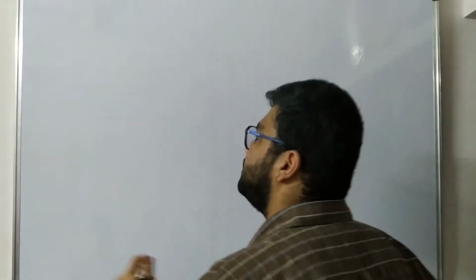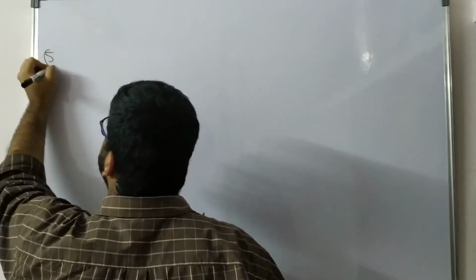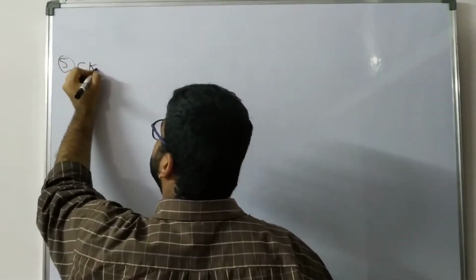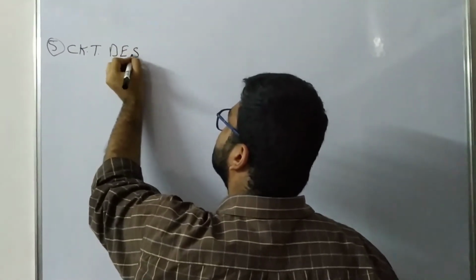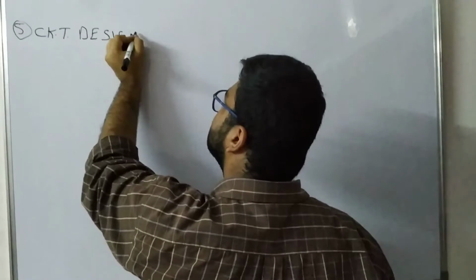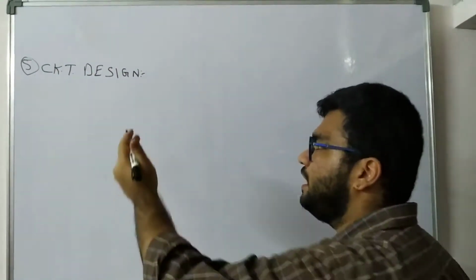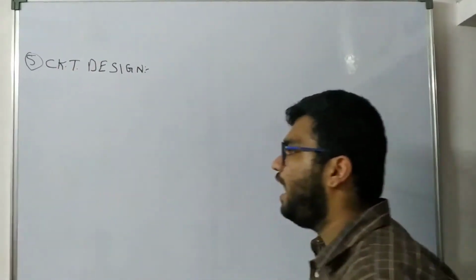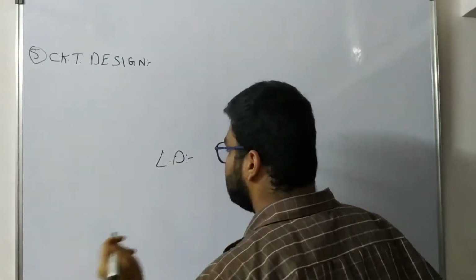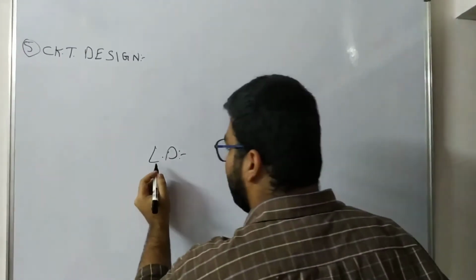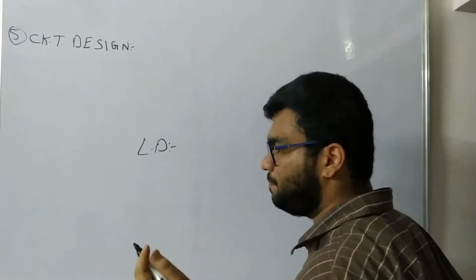We have earlier seen what are the first four steps in the manufacturing of a chip, that is VLSI design. Now we will go into the other four steps. The fifth step is circuit design. What is this circuit design? As in the earlier step, that is logic design, the output is just telling what logic the chip should perform.